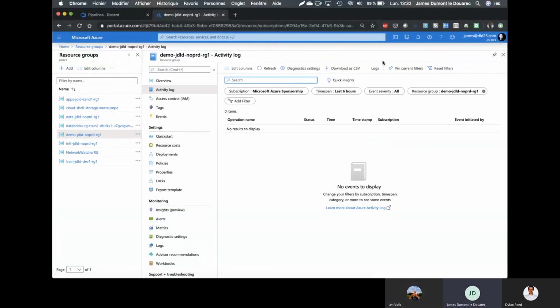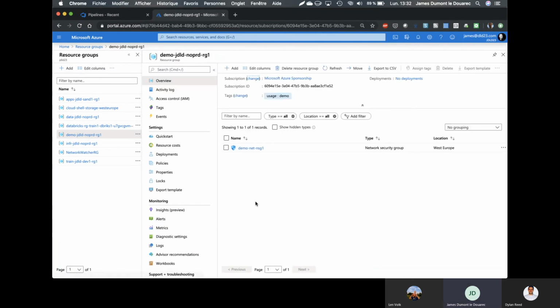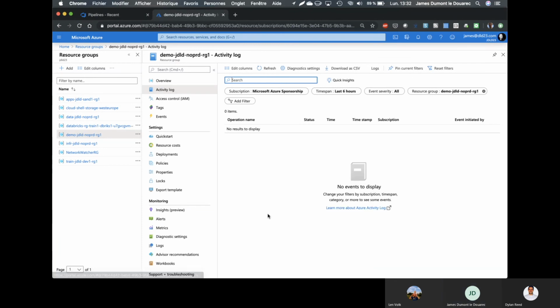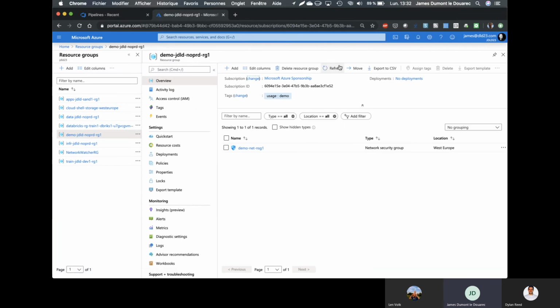As you can see in the activity log, okay, the first network security group has been created. We can just see it here. And the remaining actions have been done. Okay, here we go. We have the 2 minutes.